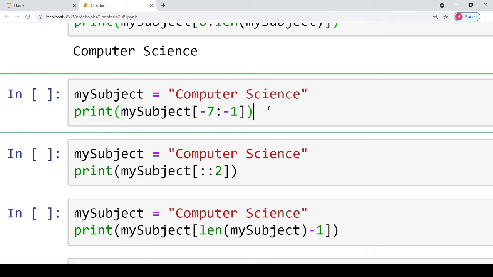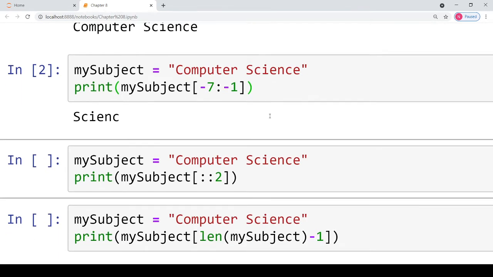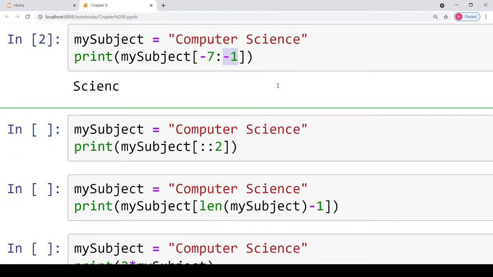When you calculate the index values, the last character of the string, small e, has the index -1, then C has -2, N has -3, -4, -5, -6 and -7. So the substring that will be printed as a result of this print statement is SCIENC, and the last E is not printed because the last index is not included while printing.